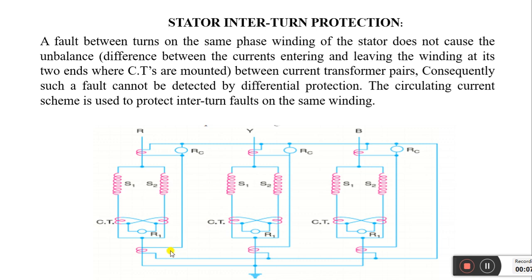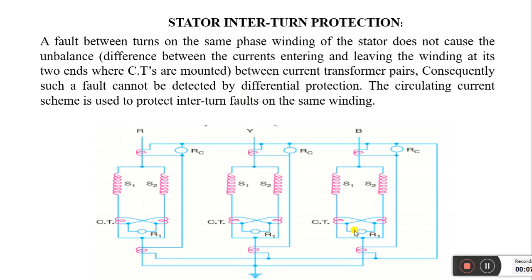Now after that, again a current transformer coil is connected, which is connected with a common point and further given to this RC coil. So this circuit is designed to protect against stator internal faults. So how this system will operate, we will see here.